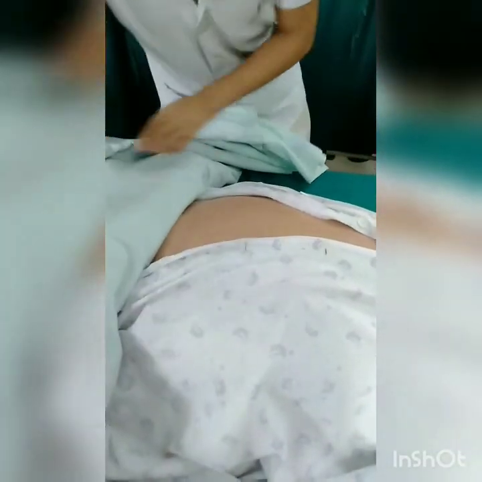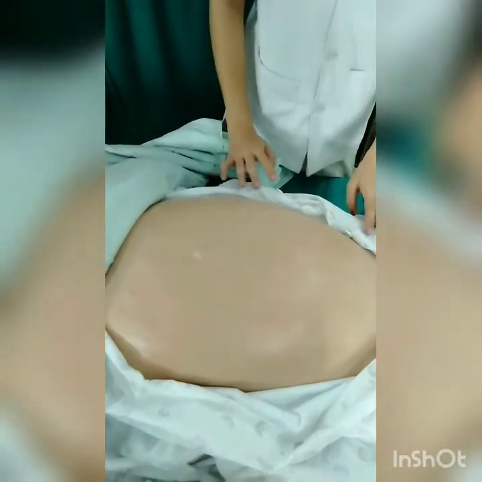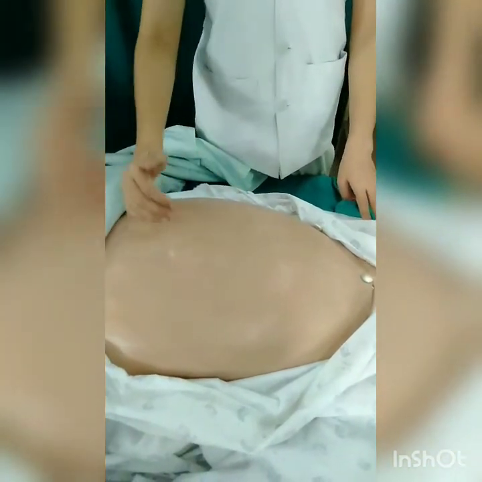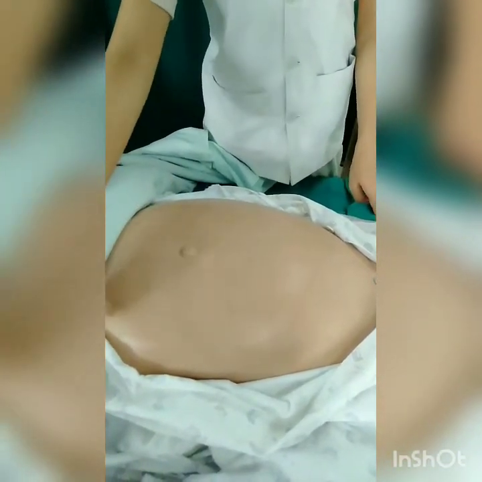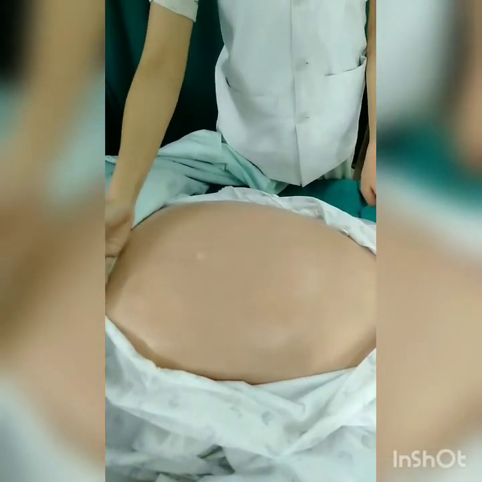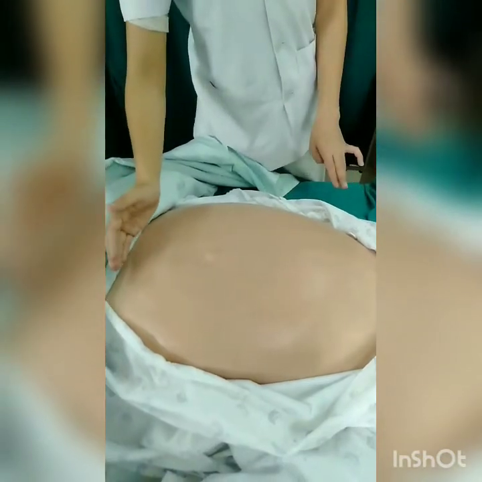For that, we have to expose the abdomen. In the abdomen also, first we have to do inspection. In inspection, we have to look for the presence of any skin irritation, for the presence of linea nigra, and then for the presence of striae gravidarum, and then for the presence of any previous cesarean section scar marks. And then after inspection, we have